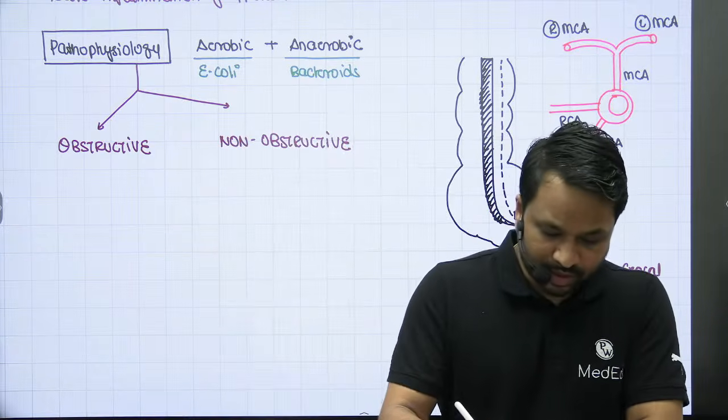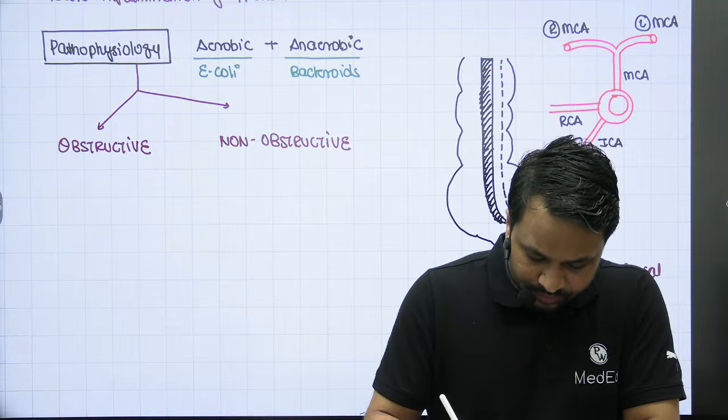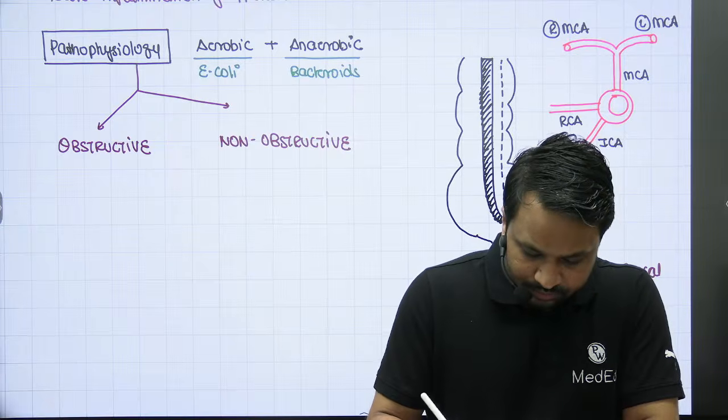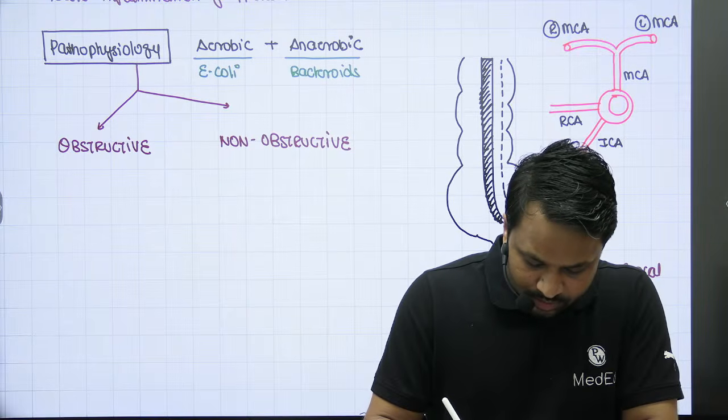The ileocolic artery is going to come across and supply the terminal ileum. Along with that, it will also supply a part of the cecum, but more importantly, the ileocolic artery will also supply